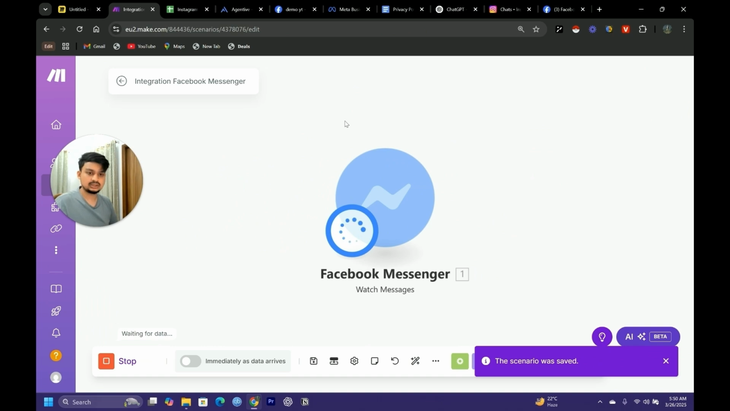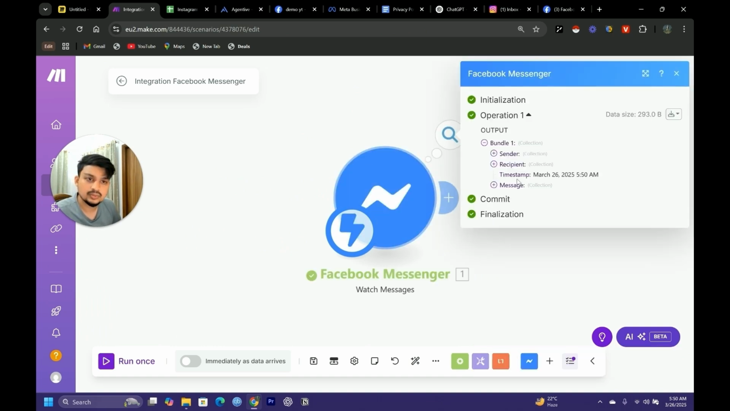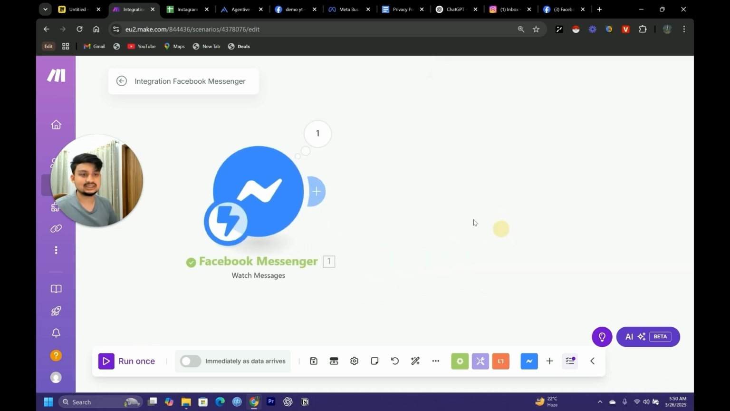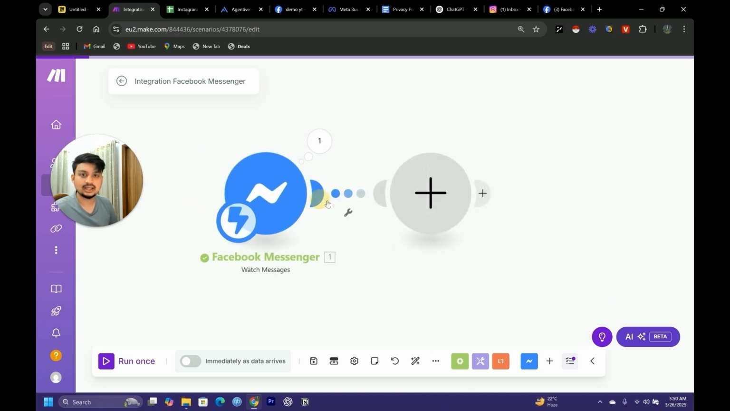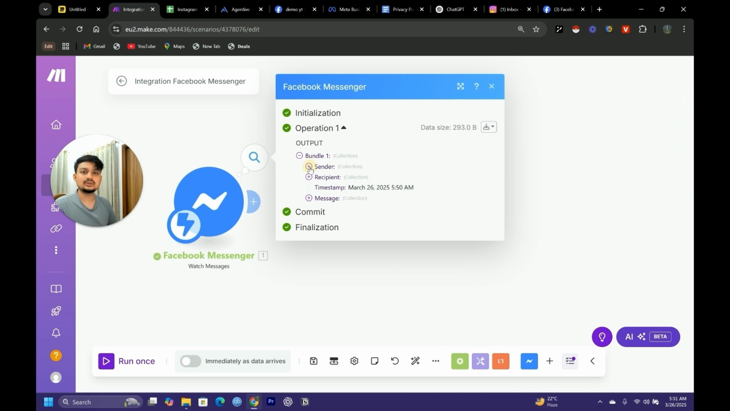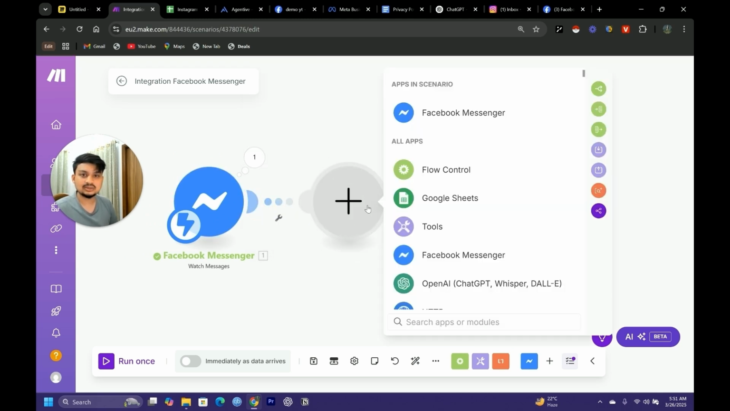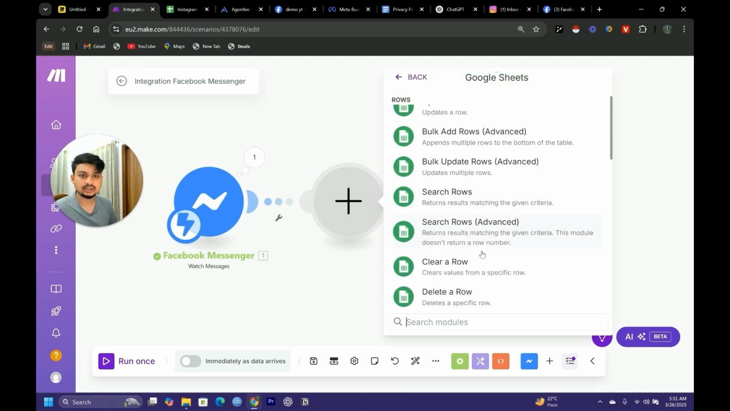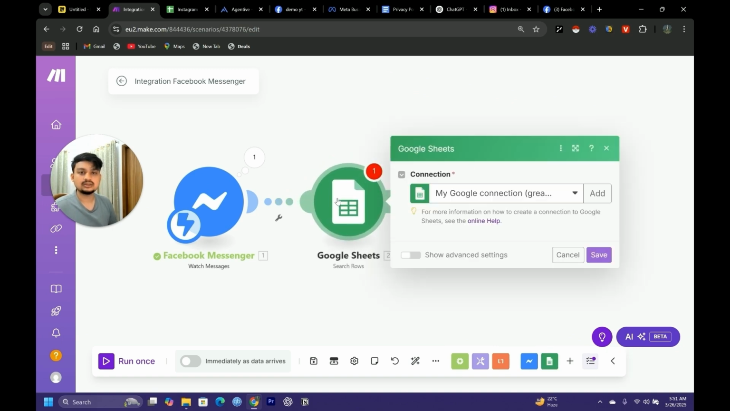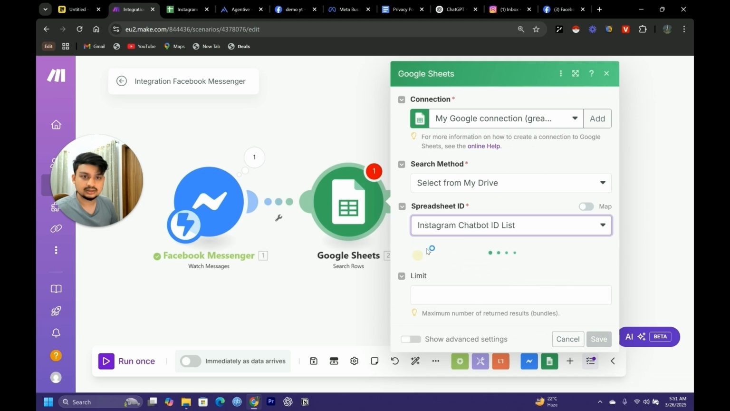I'm just going to run this and send a message. And yeah, it is working perfectly. We are done with the first step, and let's go to the next. What we will do is look at the sender ID. I'm going to connect Google Sheets over here just to watch rows. Yeah, the search row. Add my, yeah, this one,